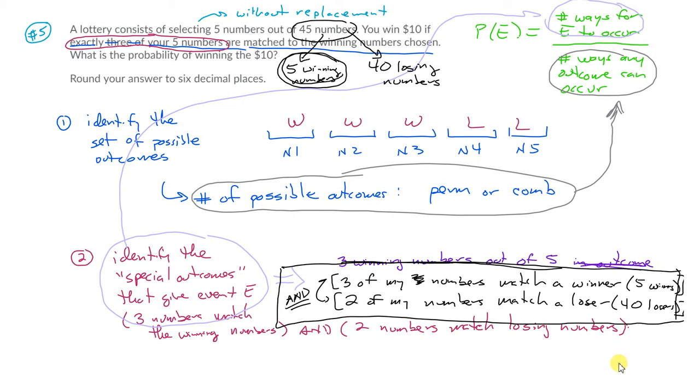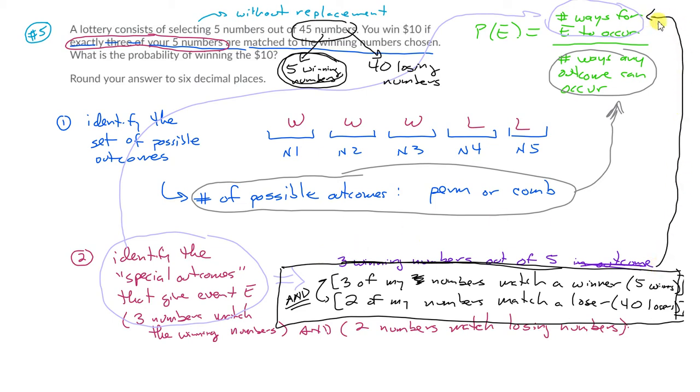Okay, and again, the answer is no in this case, because we're not trying to match. My first one doesn't have to match their first one, my second one doesn't have to match their second one, etc. It's just that I have to have a collection of numbers that's in their collection, or at least 3 of my numbers are. All right, so this is giving me essentially